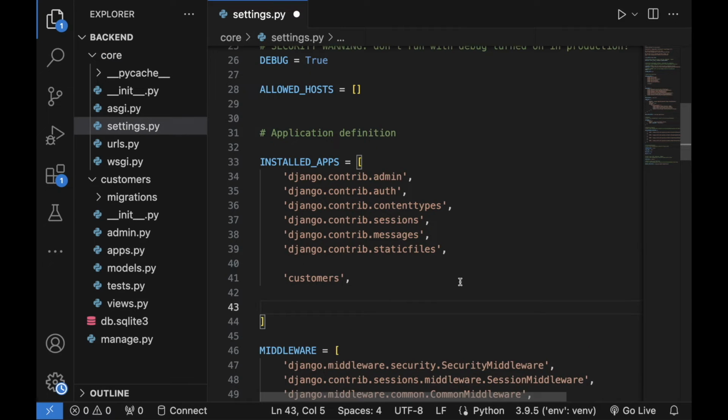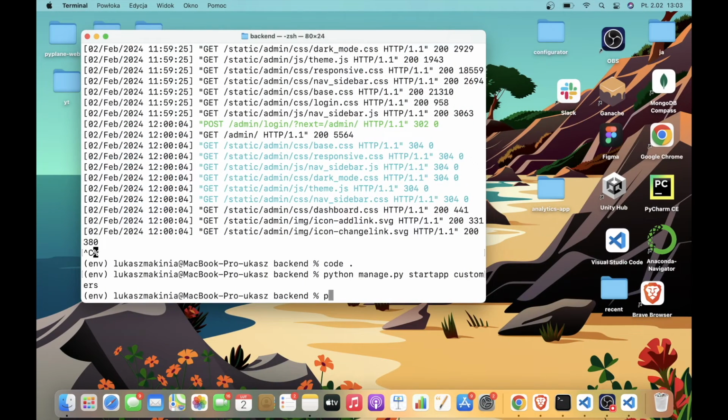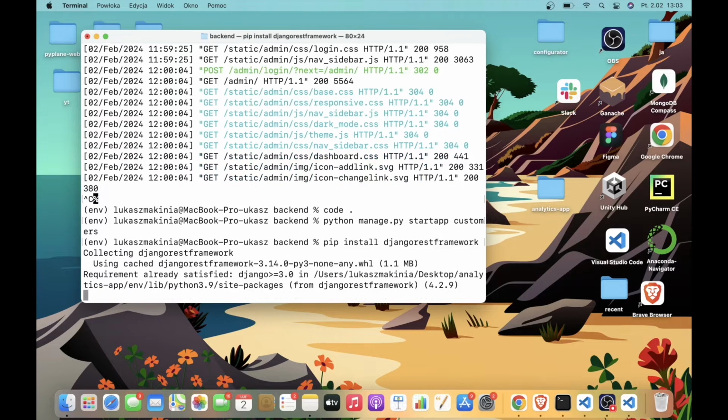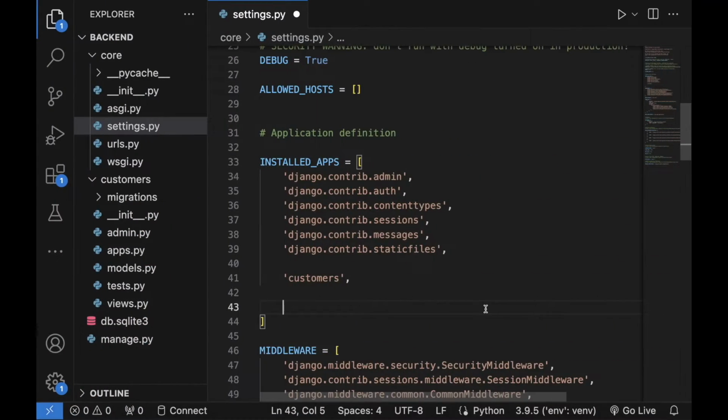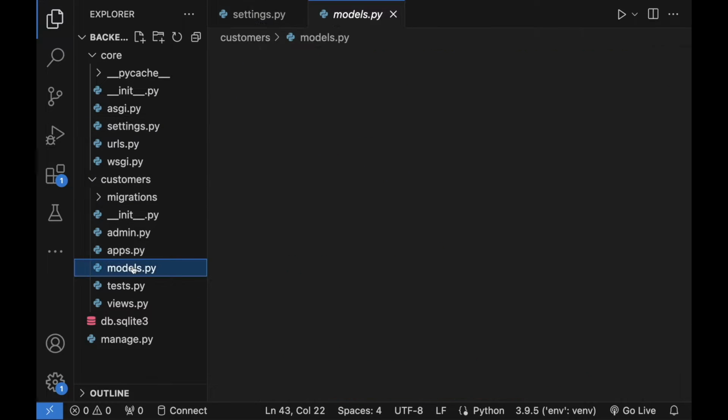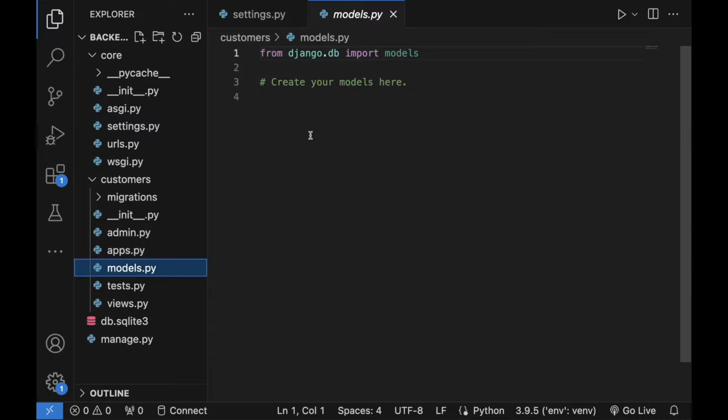Also, let's install Django REST Framework. So pip install djangorestframework, and we can include rest_framework in the installed apps list as well. All right, as the next step, let's head over to the customers models.py file where we will build our